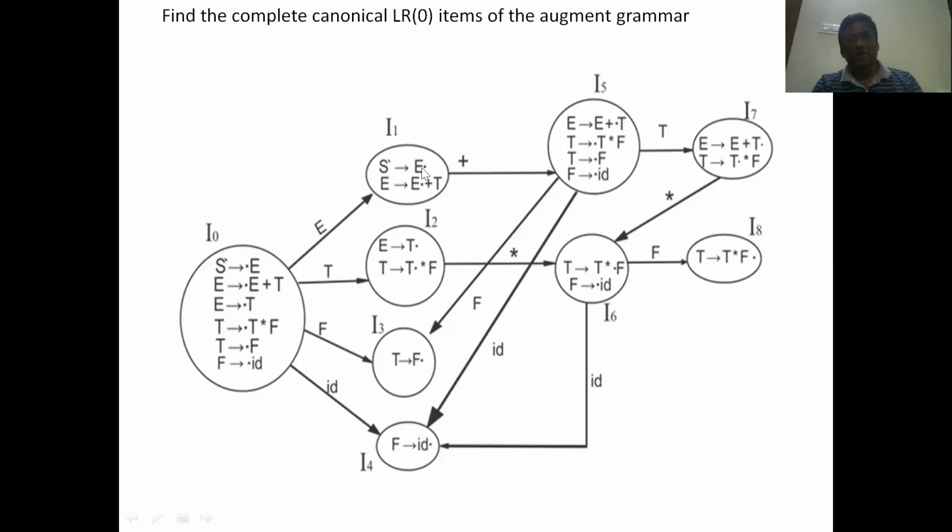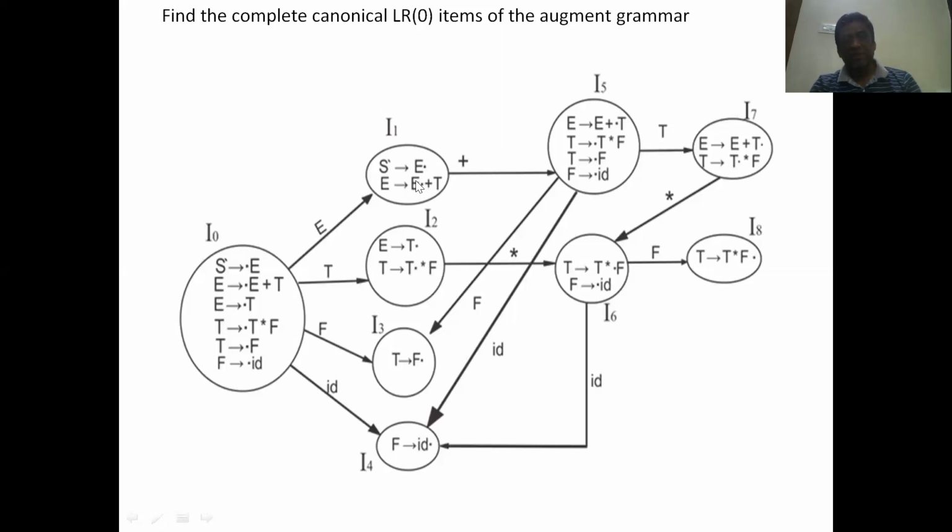For I1, in this production we have no symbol, and in this production we have a plus after the dot. So you define a transition on plus. Okay. What happens? Yes, E implies E dot plus T is the production.